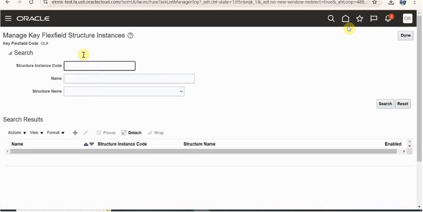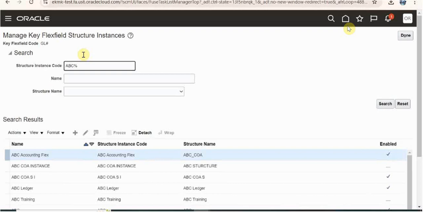I will search my structure instance with ABC. I don't have mine because I didn't create it. So what I will do is click on create